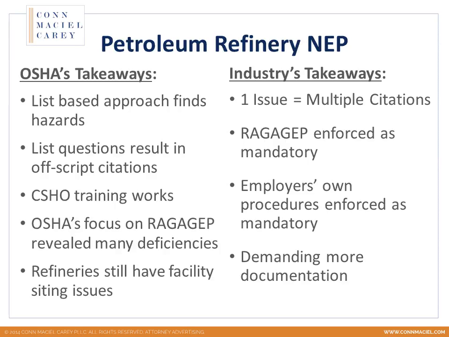And within each topic, there was itself a list of questions, and in the Refinery NEP, interestingly, those were shared with the refineries in advance, not so for the chemical facilities NEP. But in any event, a list of questions that they're going to explore, and then down below that, a list of documents and information to be collected as part of the inspection process. It was very structured. It was very pre-planned. And one of OSHA's takeaways from this NEP is that was an effective way to conduct an emphasis program and to conduct inspections under an emphasis program.